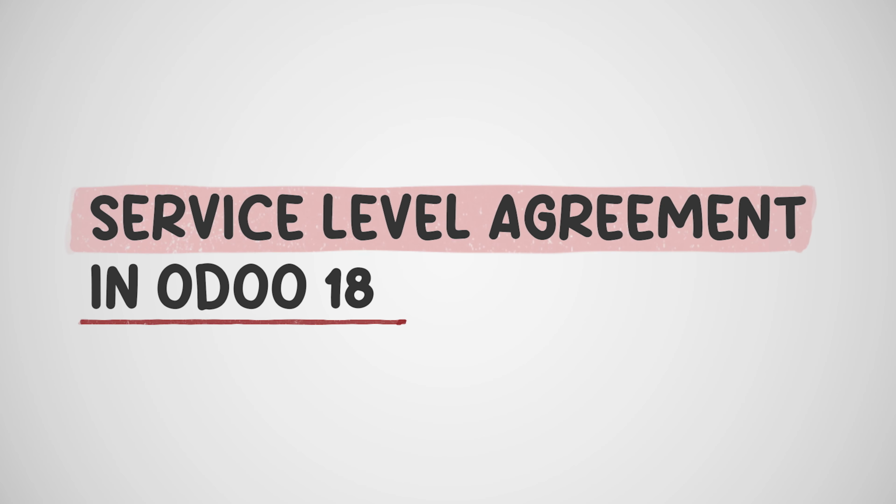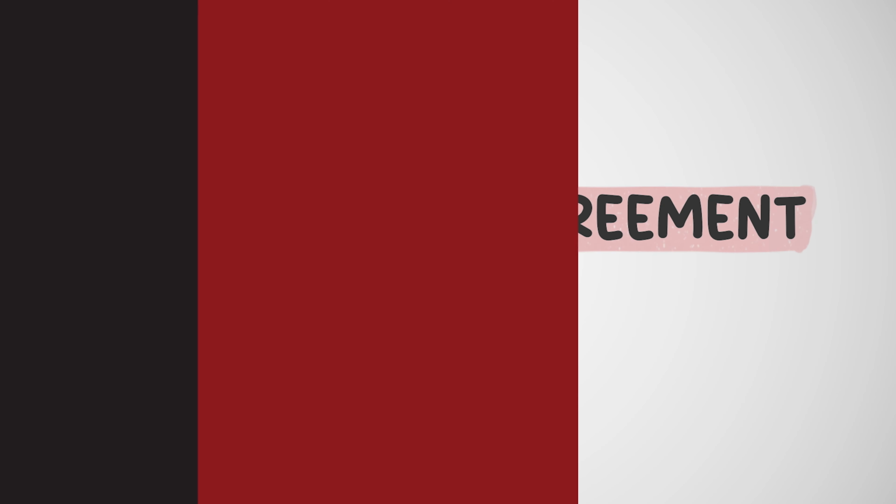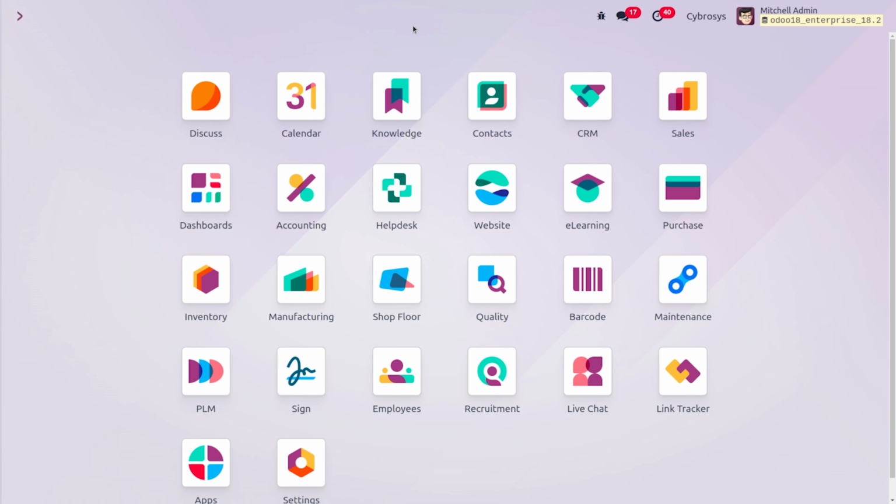In today's video, we will discuss service level agreements. A service level agreement defines the level of support a customer can expect from a service provider. SLAs provide a timeline that tells a customer when they can expect the result and keep the support team on target. Now, the SLA policy feature needs to be enabled, and that will be enabled by default on a newly created help desk team.